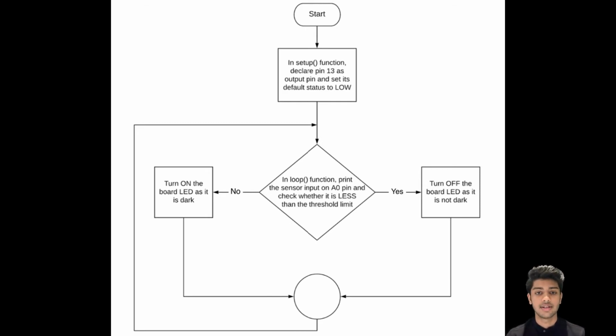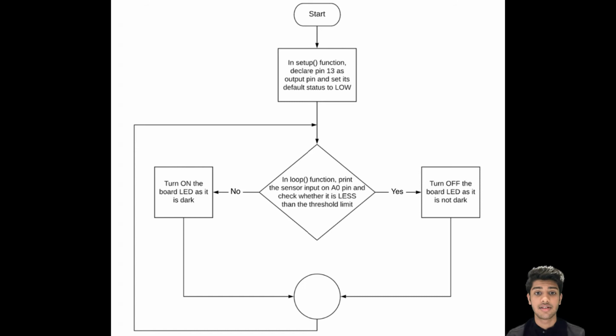So what I want is that every time the output is more than 500, I want to do a function, and every time it is less than 500, I want to do another function. As we talked about with the working of the sensor module, it works with the help of the LDR, which is the light dependent resistor.